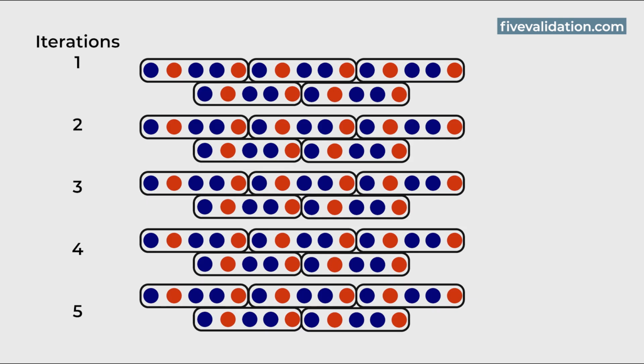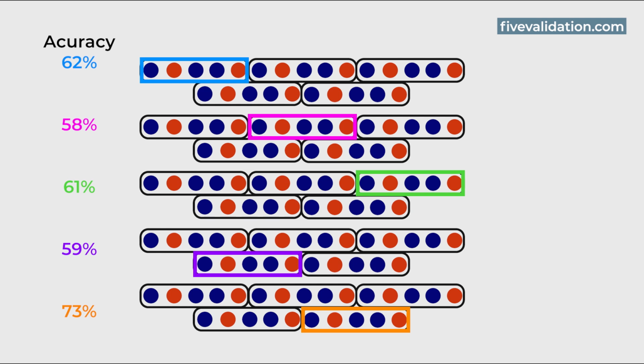After completing all K iterations, we can average the accuracy scores. This helps us get a better estimate of our model's performance on unseen data. K-fold validation is useful because it maximizes the data we use for both training and validating our models, reducing the risk of overfitting, which happens when a model learns the training data too well, including its mistakes and noise, so it works great on that data but badly on new, unseen data. The final result is that we will have the accuracy of the model in each partition.